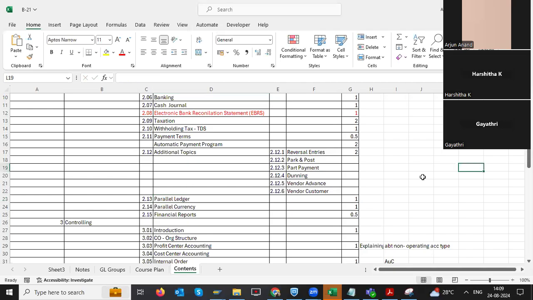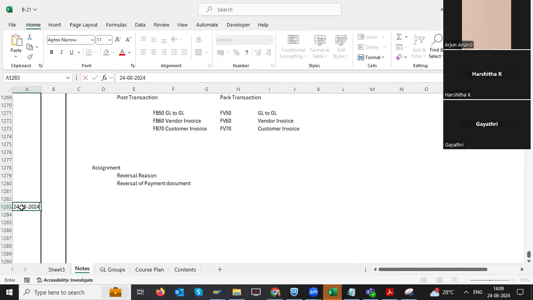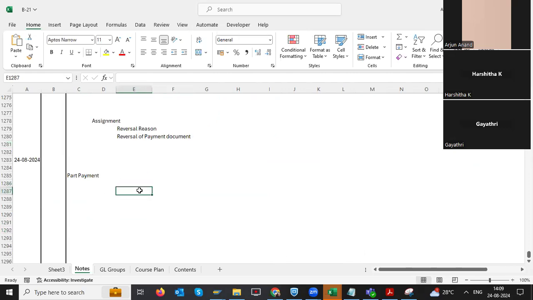Yeah. So, okay, last class we had seen the reversal entries in park and post, and let us go to part payment now. Today we'll learn how we can do these activities, a simple process. So what is this part payment? When you're making a payment to vendors, or receiving from customers, sometimes we may book